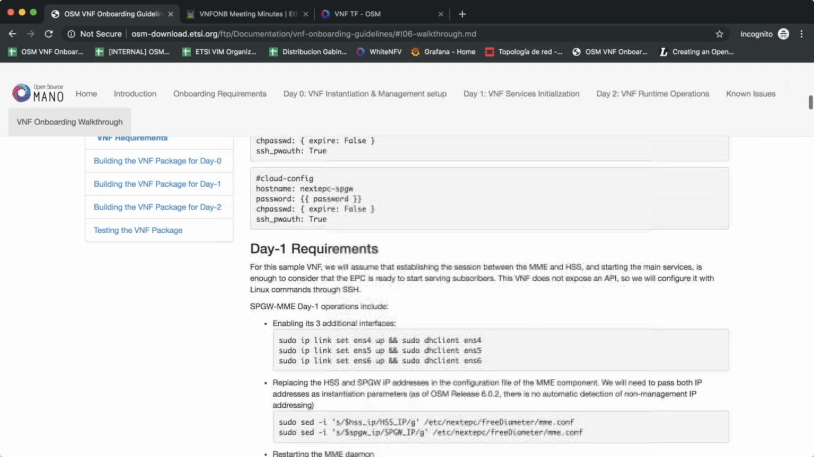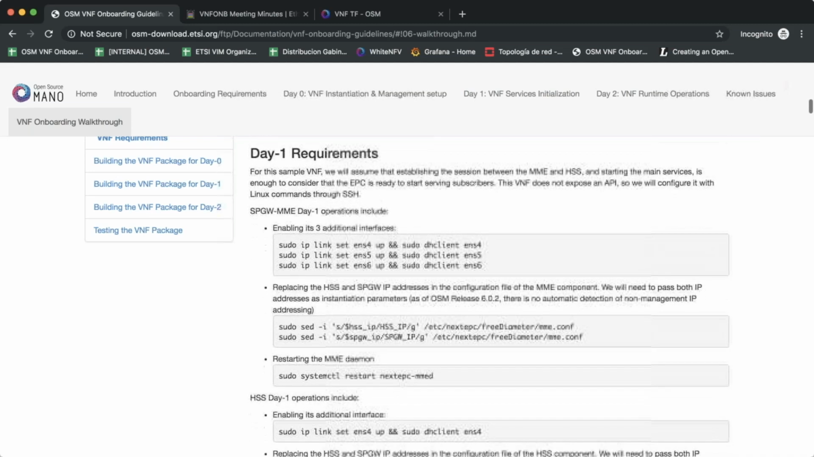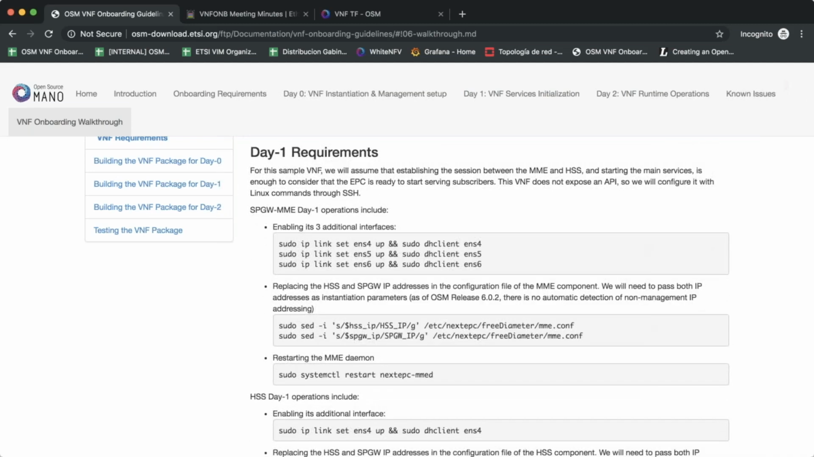If we want to go further and configure the VNF for it to actually do something after being just instantiated, we need to specify how the VMs or the components need to be configured for providing the services. So in this example, we are saying that for this VNF to be considered ready for receiving subscribers, for example, this packet core, it needs to